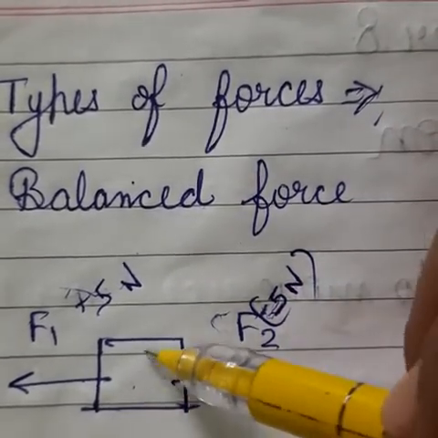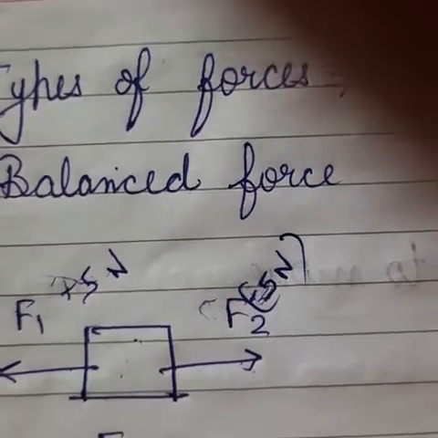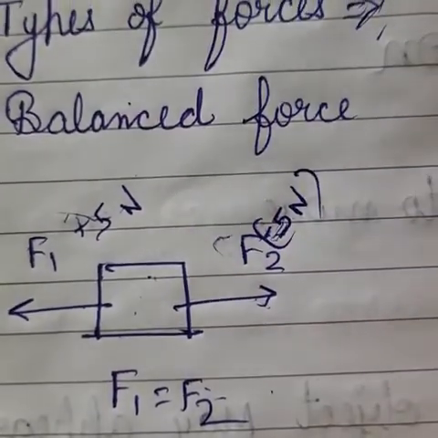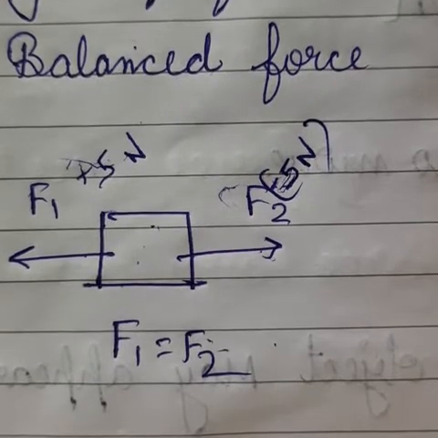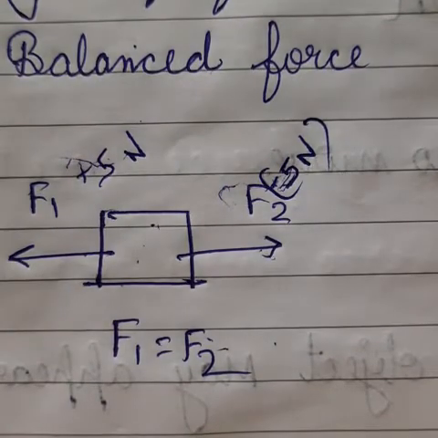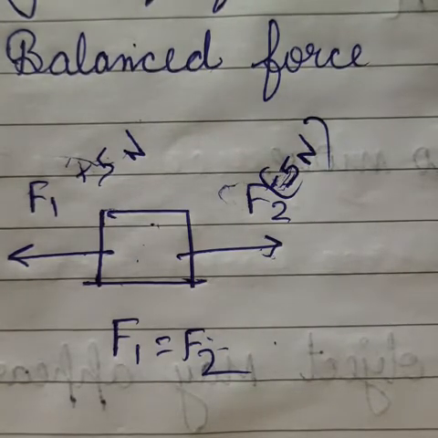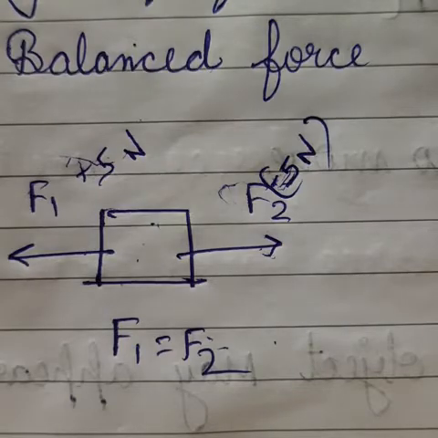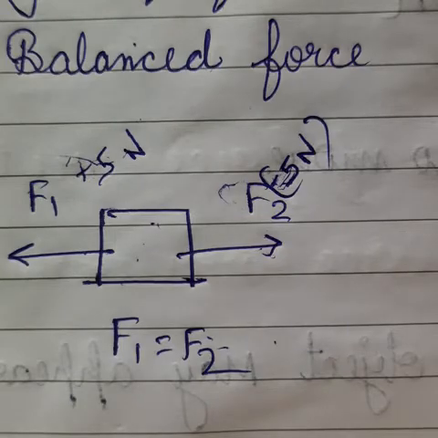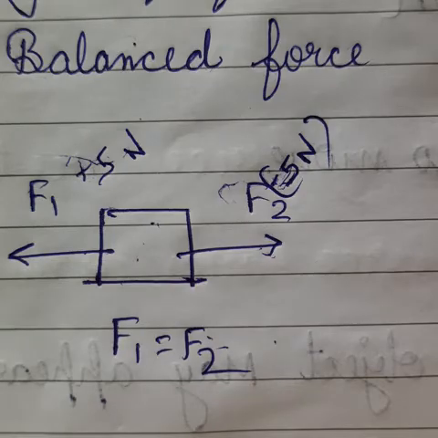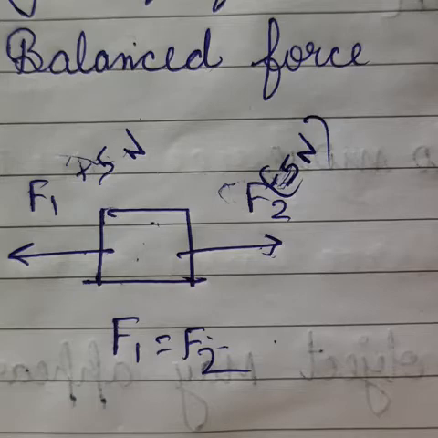It can change the shape of the object. How can it change the shape of the object? Just think, you have a sponge. Whenever you apply a force on the sponge, the sponge's shape will change. It can be twisted, it can be reformed. Just like clay, you can make clay smaller or bigger, so its shape is changing but it is not moving. That is because of balanced force.